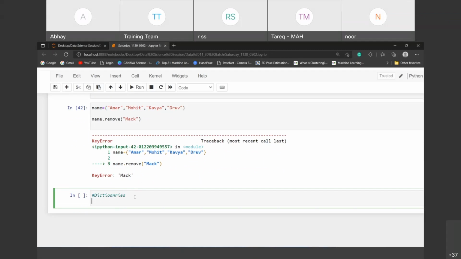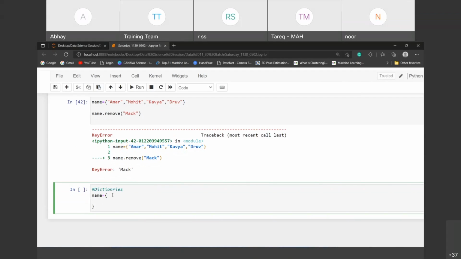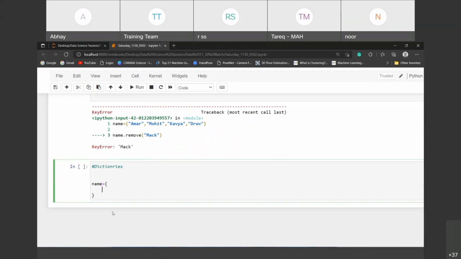Dictionaries. Who comes first, keys or values? Anyone, a definition of dictionary? Dictionary is a collection of items or key value pairs.